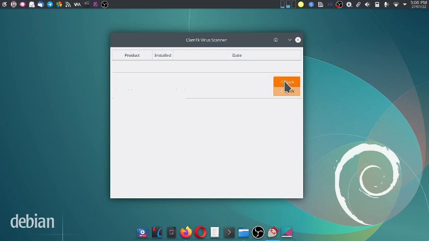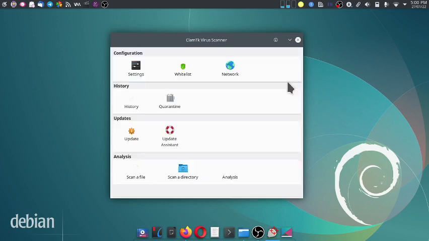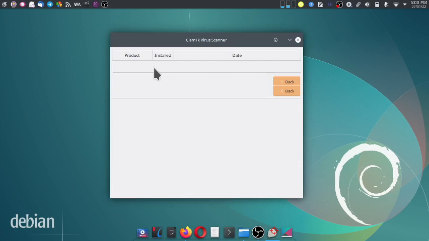Okay. For some reason it is not showing the installed version of the antivirus dat file right now, but normally it shows the file number here and the date of the update.